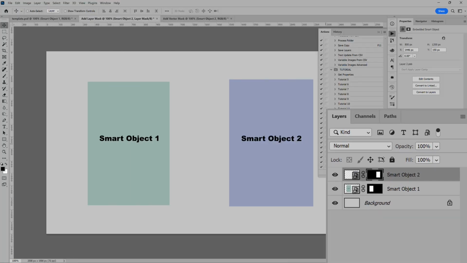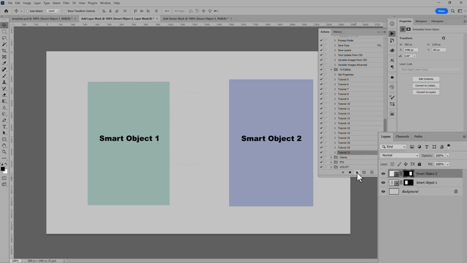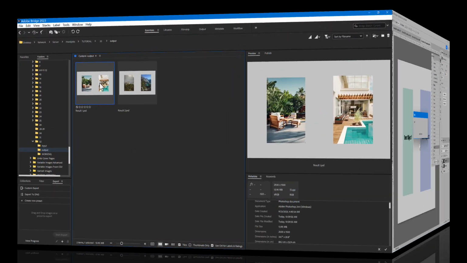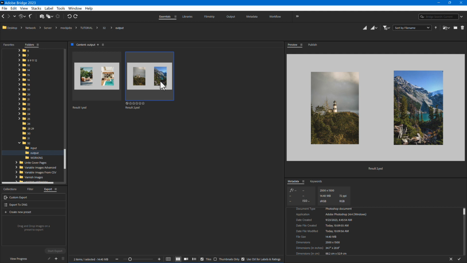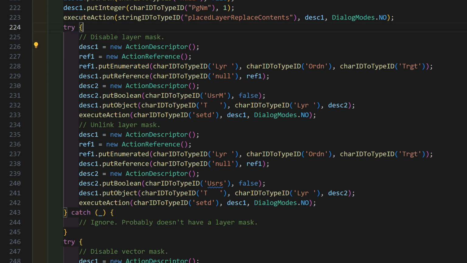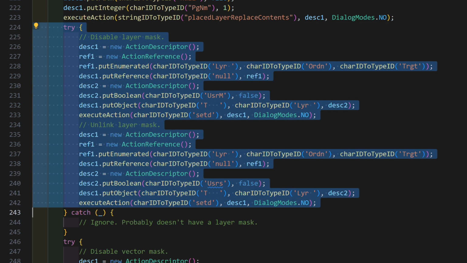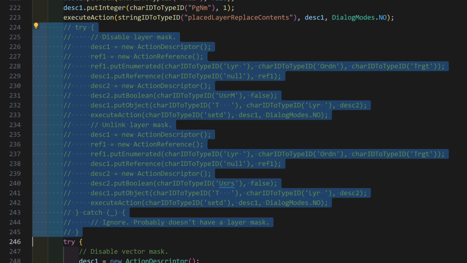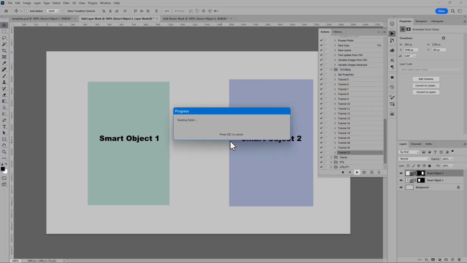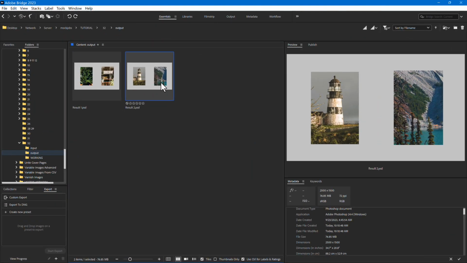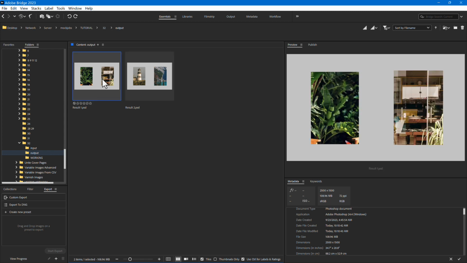Here's a variation of the template with the layers masked. Have a look at the results. The new content is within the masks, and both have been scaled to fit. To give an idea of why disabling the mask is important, I'll comment out the code and run the script. Then have a look. The scaling is wrong because it's based on the mask size, not the new content size. Doing it like this, there's no telling what scaling you might get. Obviously, that code needs to remain.